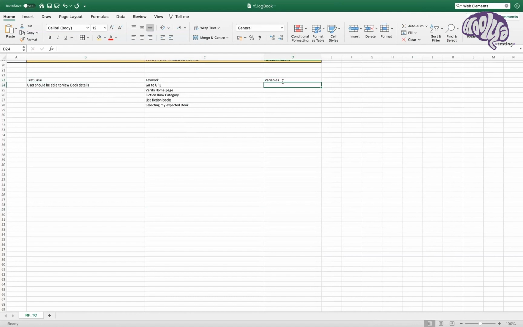So variables will be like, when you say go to URL, which URL? The robot does it. So you are giving your Indian bookstore. This is the web page that I'm going to pass. Indian bookstore, and then home page. You will be validating it. What is the exact home page name? So let's say the home page name will be Indian Books. This will be your home page name, and then you are going into a fictional.